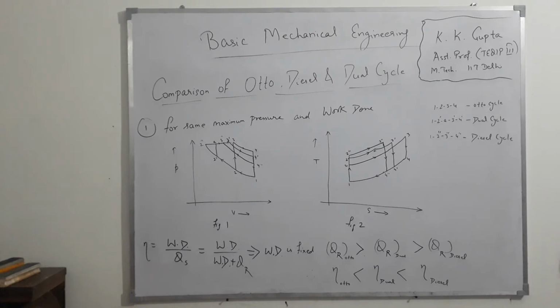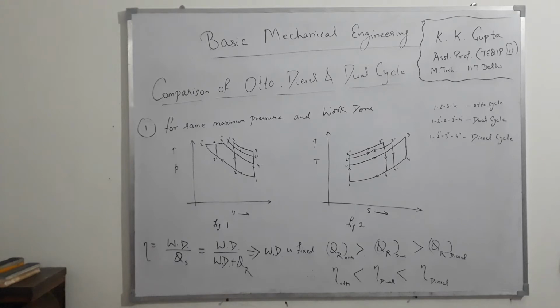Formula for efficiency is work done upon heat supplied, and heat supplied can be written as a summation of work done and heat rejection. So formula for efficiency can be written as work done divided by work done plus heat rejection. Now in this comparison, work done is fixed, so it means the cycle in which heat rejection is minimum will have maximum efficiency. Now from the figure 1 and figure 2, the process 4-1 is showing